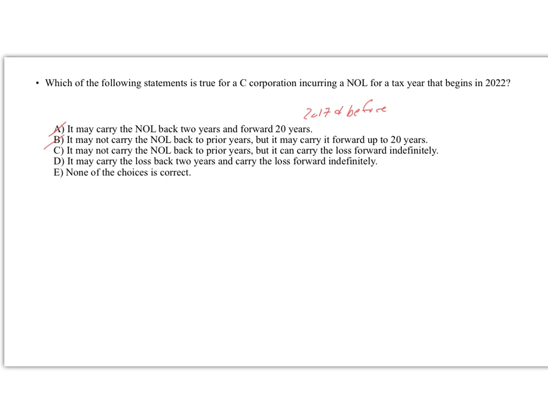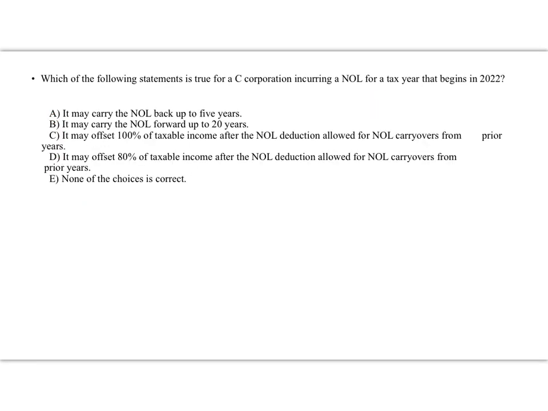So we've got a net operating loss that begins in 2022, okay? And so that would be that third set of verbiage. And so for C corporations with net operating losses incurred after 2020 specifically, they can offset up to 80% of taxable income, and they can carry forward indefinitely, but they cannot carry back. So C is a great answer, okay? So the answer to this question is C. All right, I'm going to move forward to the next one.